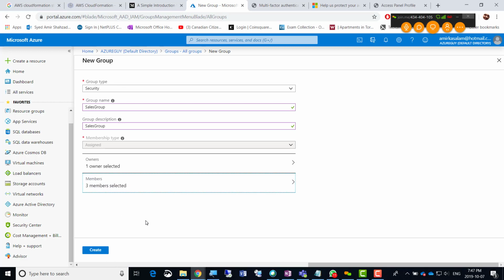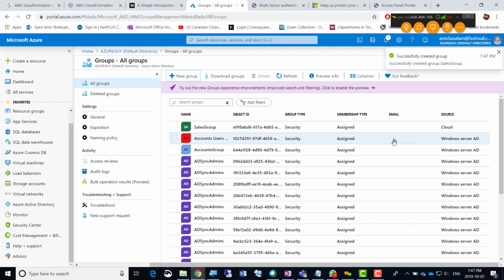Security groups' only purpose is to let users connect to any network resource, right? You want to add it to any network resource, the members of those groups will be connected to that resource. So I'm just going to click create here, and creating a group, and it gets created. So sales group is the top one here, and if I click inside here, sales group,